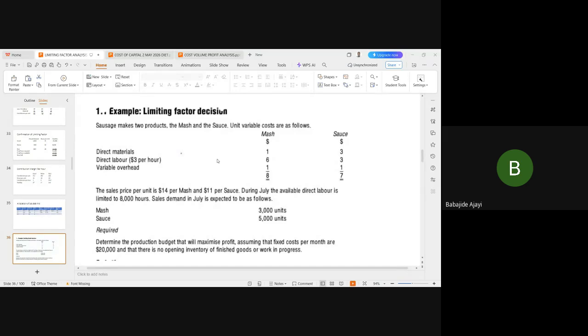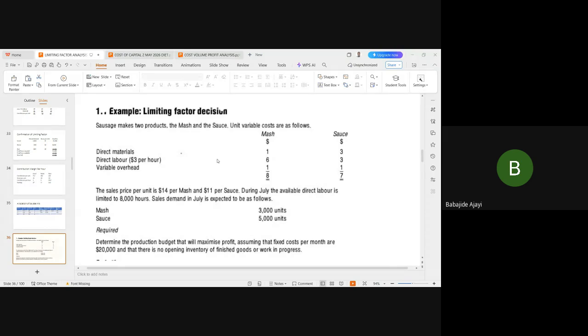So $6 divided by $3 means that we need 2 hours per unit. Then 2 hours times 3,000 units is 6,000 hours for mash. Therefore, for the sauce, it means that we need